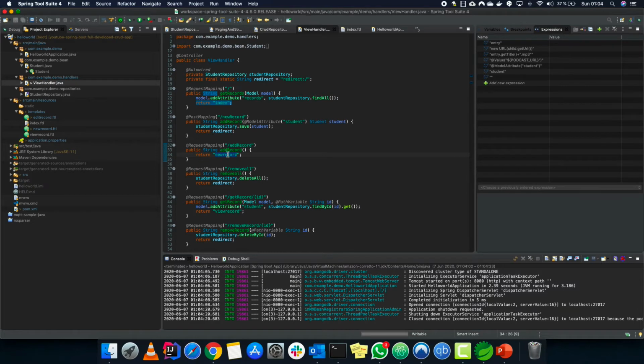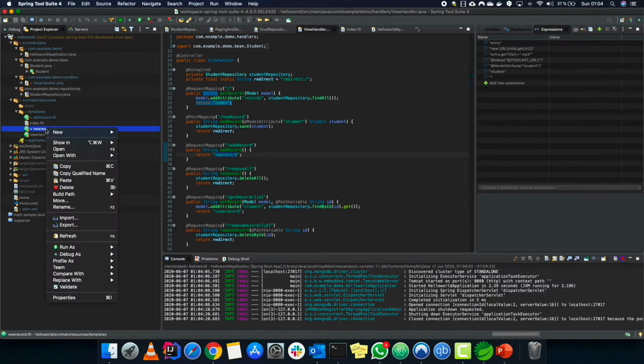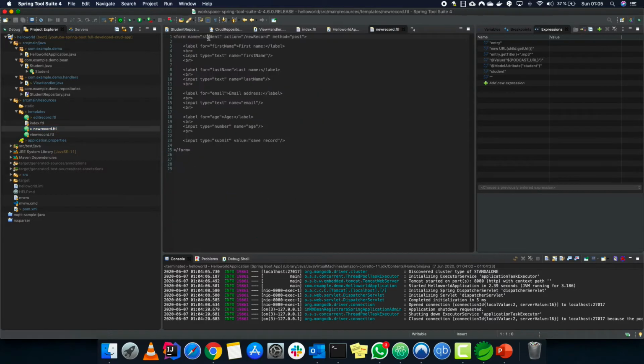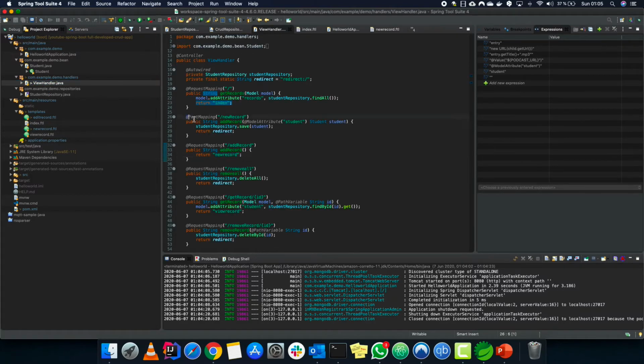In the new record page, we'll see that there is a form that, when clicked on submit, maps to new record. This new record is this mapping. What it does, we'll do that later. For now, keep in mind that new record would come here.